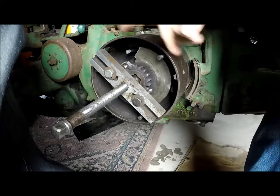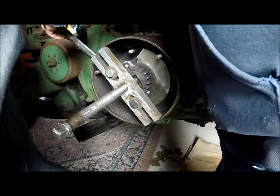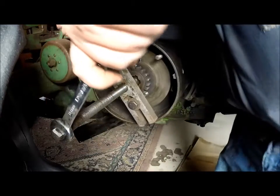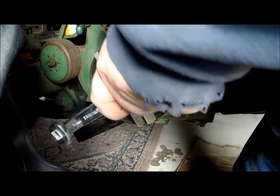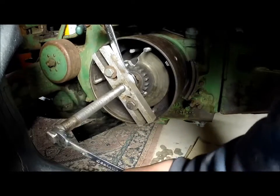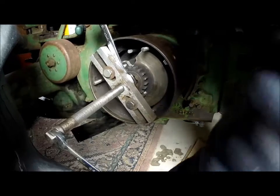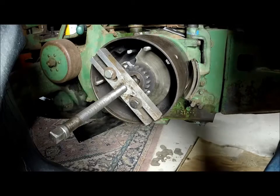I'm going to figure out a way to hold that because I don't want to strain myself too bad doing that. Well, we're going to try this with this wrench and see how it works here. I got a fair amount of pressure on it now. And it's probably not